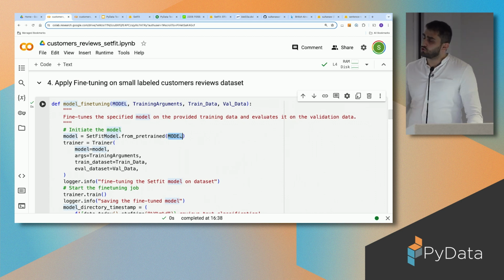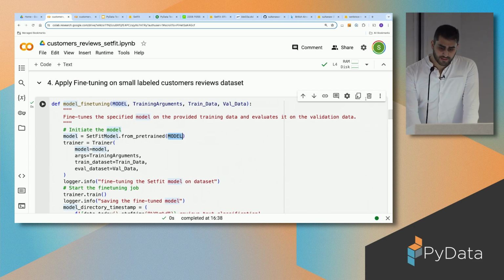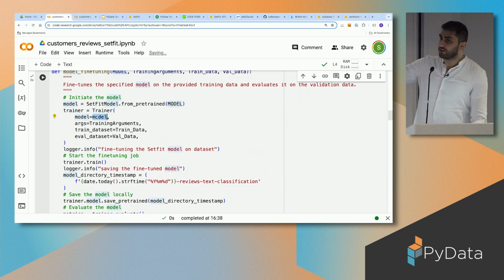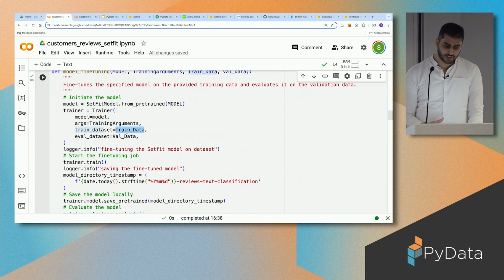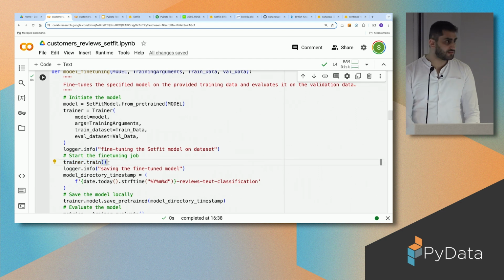And as I said, you could choose whatever sentence transformer model you want and just do some testing around it. And then using the trainer class, you just give it the model, you give it the training arguments we specified in the beginning, you give it the train data, the validation data, and then you start the training or the fine-tuning job using trainer.train,